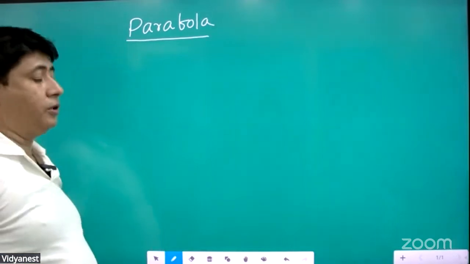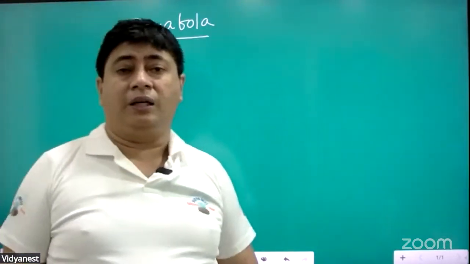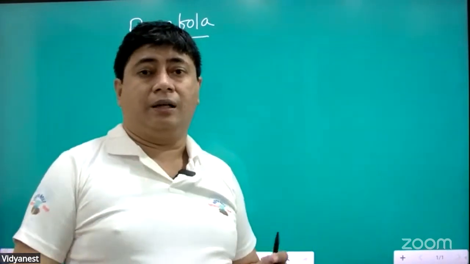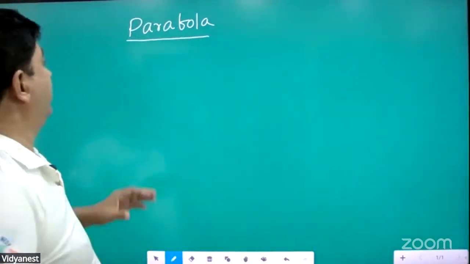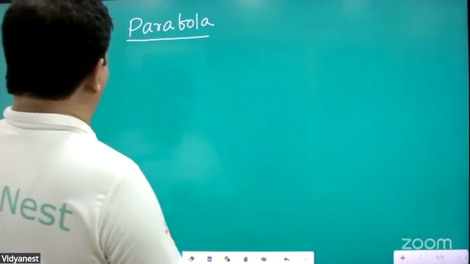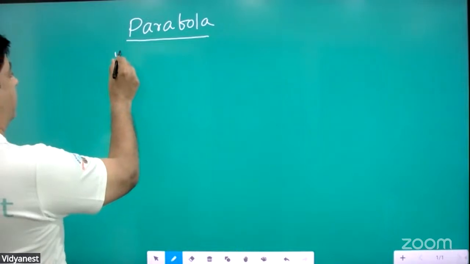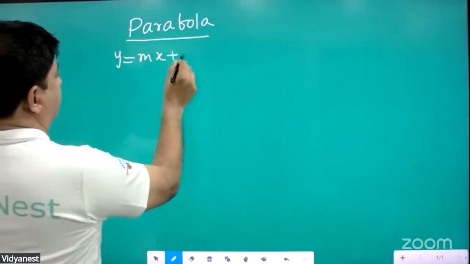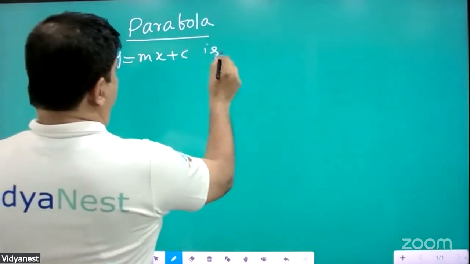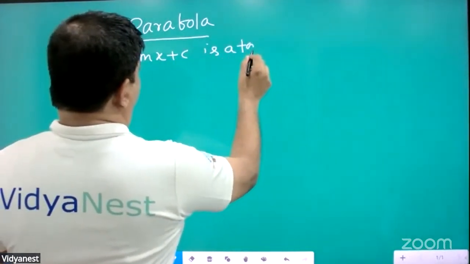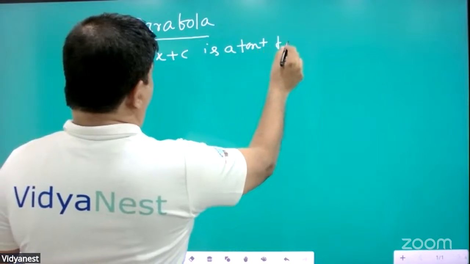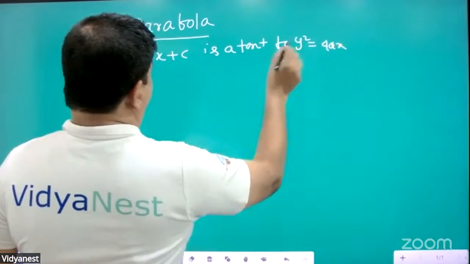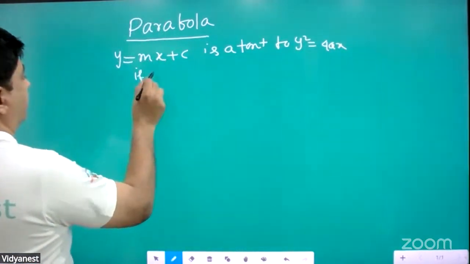Let us recall the topic we completed in the last class. Let us recall, we got what? y = mx + c is a tangent to y² = 4x if